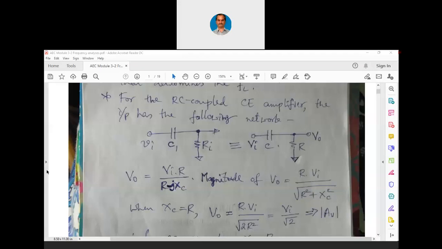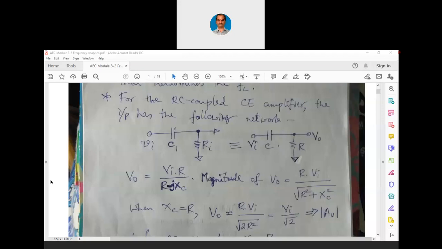I think you have already studied this RC circuit analysis in the course called network analysis, where passive devices and their connections and combinations have been dealt with in detail. Now, for this particular CR circuitry, let us write an expression for V0. V0 equals Vi into R divided by R minus jXC. Because we are taking output across R, it is working like a voltage divider network. Some voltage will be across C, some voltage will be across R.